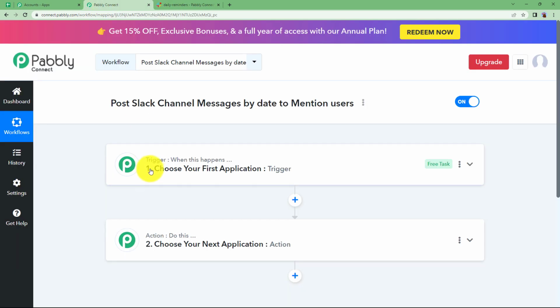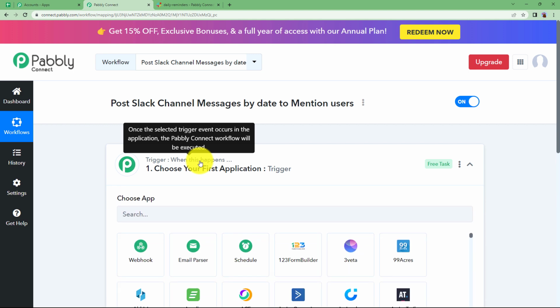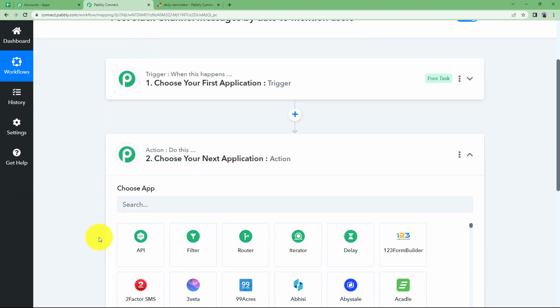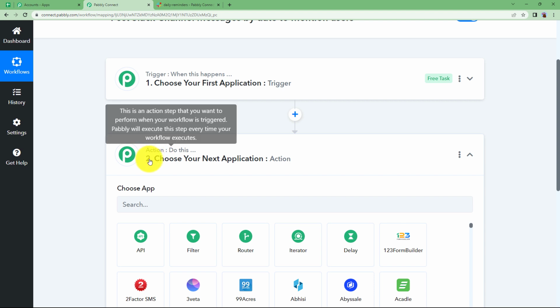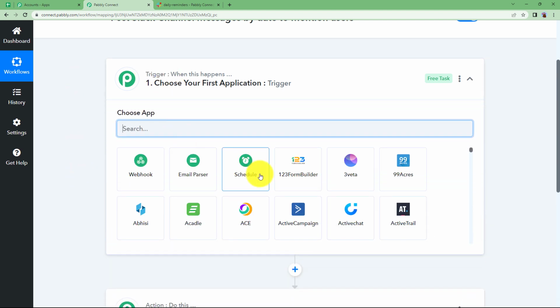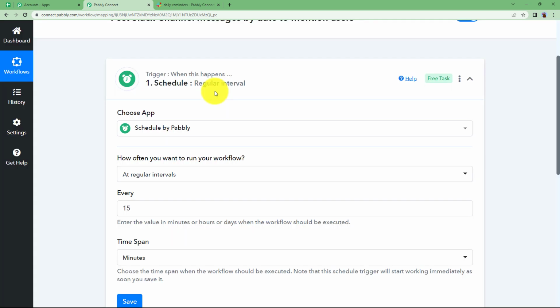So now we will understand what is trigger and action. Trigger says when this happens and action says do this, which means that trigger is going to be the first application which will make sure that this workflow starts to run. That change is going to be made by us. And then the action application will be the last application where the assigned action will be performed when this workflow is triggered. So here our trigger is going to be Schedule by Pabbly